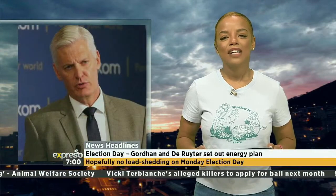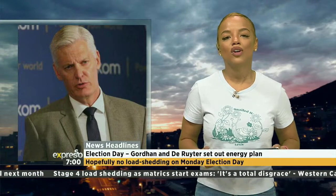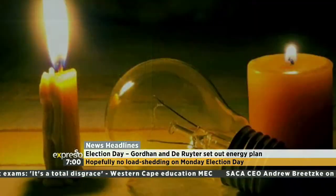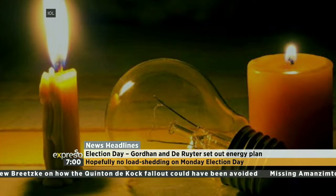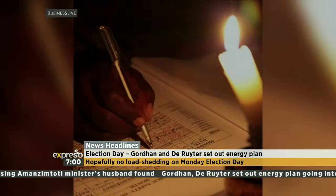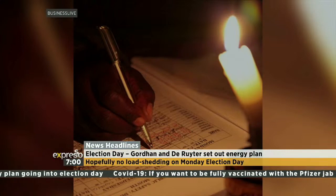And then while South Africans had to deal with stage 4 load shedding yesterday, Eskom hoped to return about 2,000 megawatts of power to the grid overnight, allowing the load shedding system back on level 3. Public Enterprises Minister Pravin Gordhan and Eskom CEO Andre de Ruyter last night said that by tomorrow a few more thousand megawatts are expected back onto the system, resulting in a likely downgrade to stage 2. Gordhan repeatedly gave the assurance that unless an unexpected event occurs, there will be no load shedding going into the